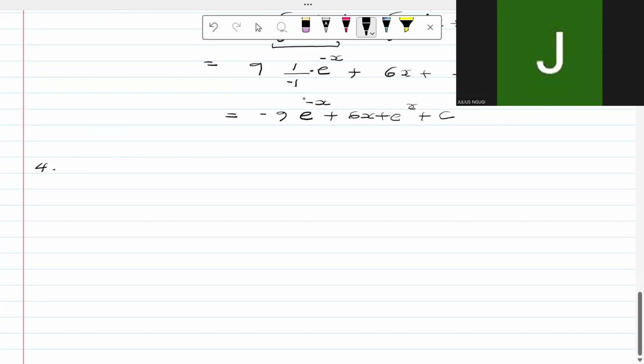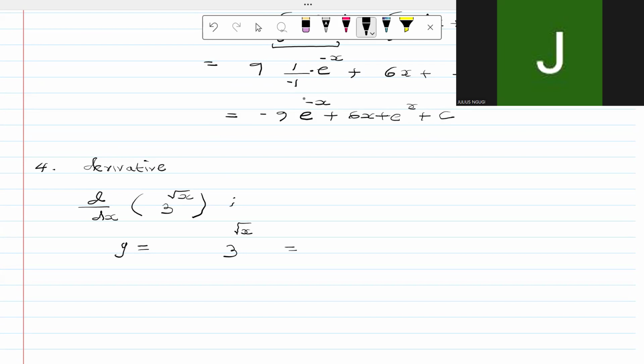Number 4, we'll do the derivative of 3 raised to the power of root x. Again, this should not be confused with if x was the denominator. In this case, it's an exponential function. So what you do is that if you call y to be equal to 3 raised to the power of root x,